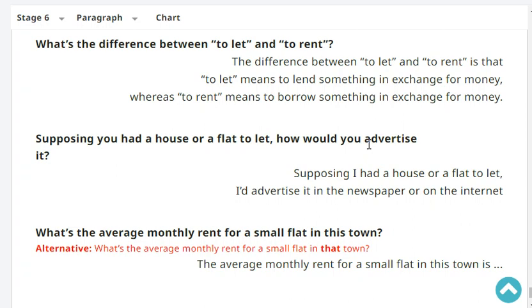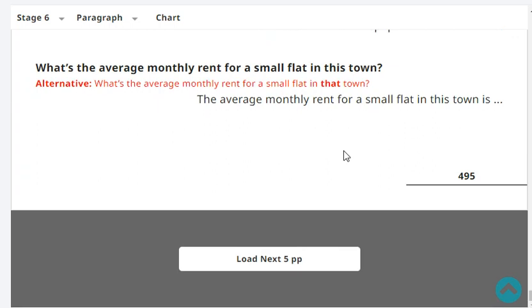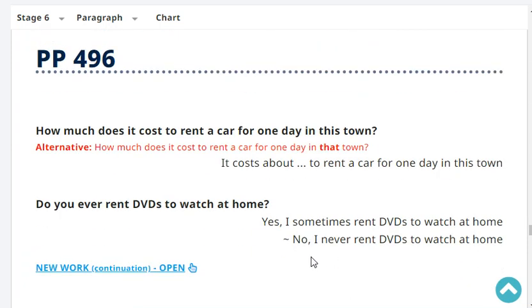Supposing you had a house or a flat to let, how would you advertise it? Supposing I had a house or a flat to let, I'd advertise it in the newspapers or on the internet. What's the average monthly rent for a small flat in your town? The average monthly rent for a small flat in my town is